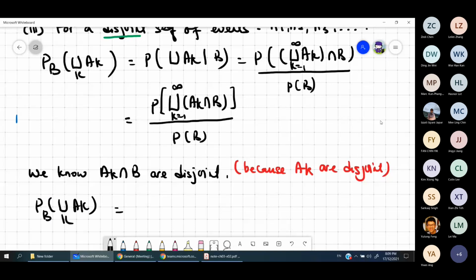So we can actually write this as a summation of P(A_k and B) over P(B), k running from 1 to infinity. According to the definition, the term inside here will be P of A_k given B. So then this becomes